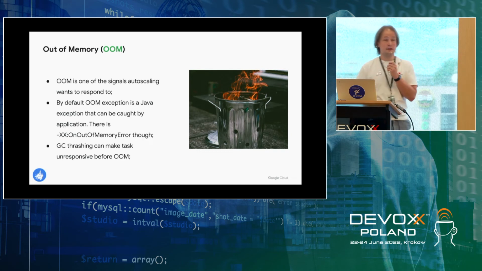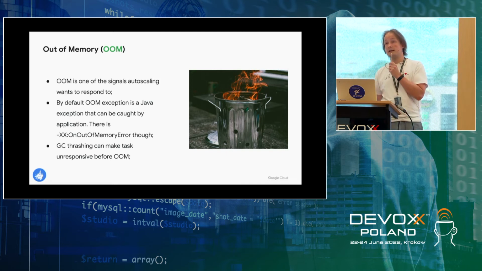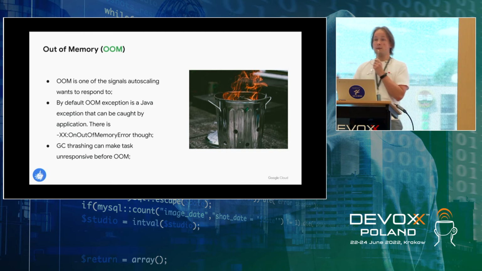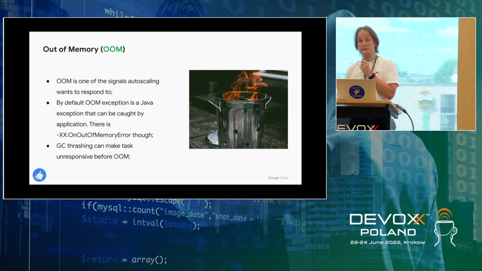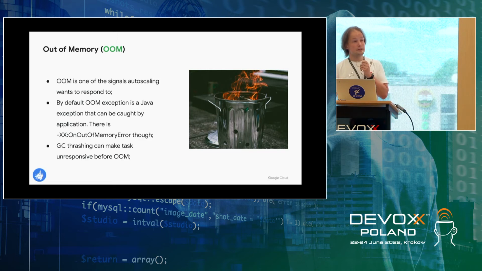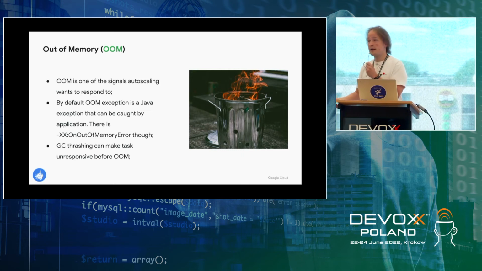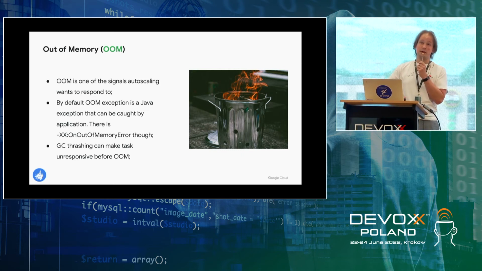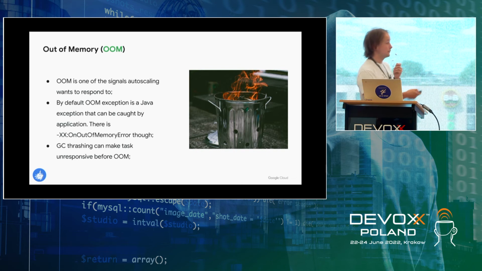But we might not even get that because a Java application can go into a GC thrashing state. This is a state when more and more CPU is devoted to garbage collection, and less CPU is devoted to RPC handling. So what automation sees in this state is a service that uses a lot of CPU, so it will add more CPU, and adding more CPU will make matters worse because handling traffic uses memory, and with this extra CPU, the service will be able to handle more traffic.